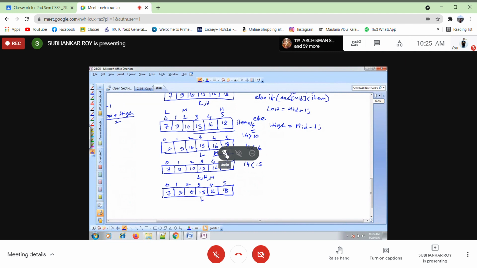As 14 is less than 15, means item is less than this, then which one do we have to update? H. Now H will be which one? Anyone? H will be mid minus 1, this one. If item is less than the mid, then H will be mid minus 1. Obviously it will go to the left part.